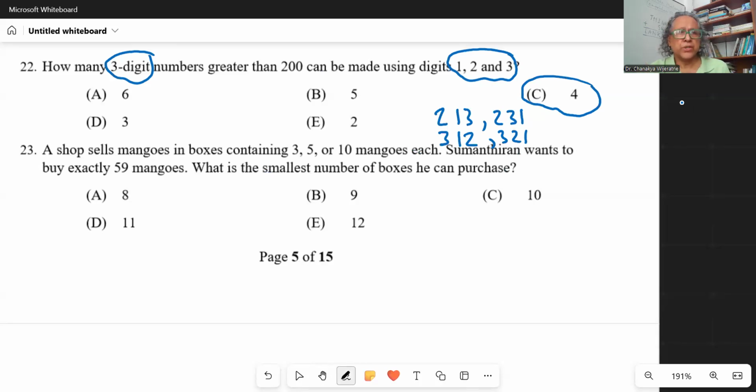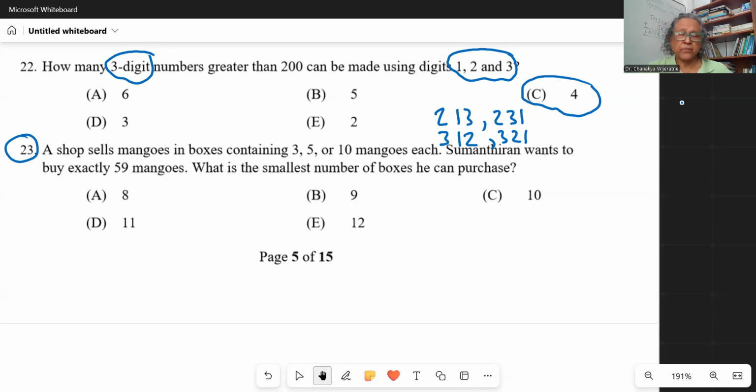Right, next question. A shop sells mangoes in boxes containing 3, 5, or 10 mangoes each. So one dealer wants to buy exactly 59 mangoes. What is the smallest number of boxes he can purchase? He doesn't want to carry a lot of boxes, right? So, without worrying too much, you can actually buy,